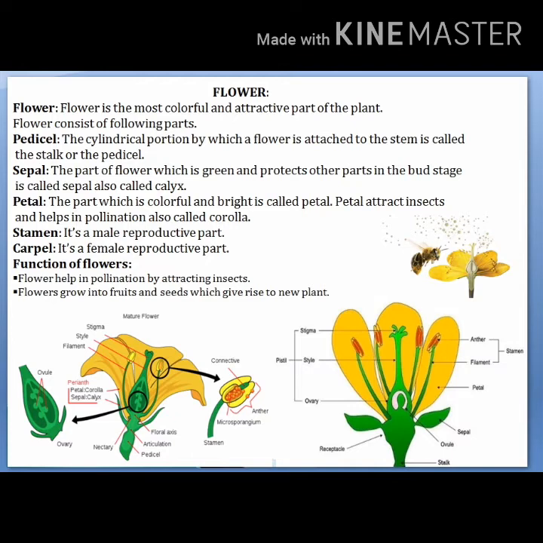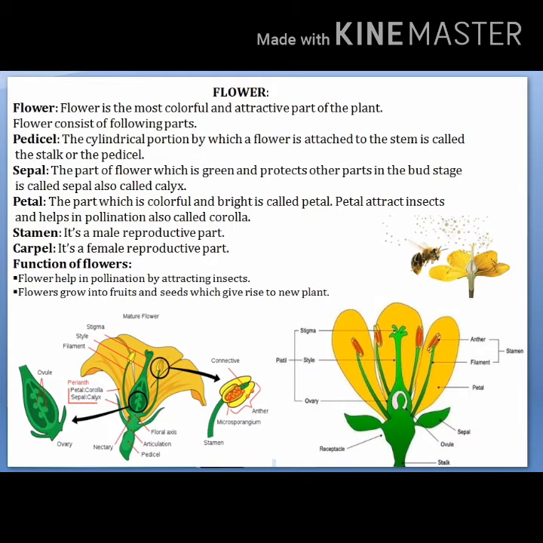Stamen is the male reproductive part and carpel is the female reproductive part. Now students, you will have a good idea of these parts by looking at the figure. Petals: open flowers are petals. They are the prominent part of a flower. They are colored, as we have different varieties of flowers. Petals are red, pink, yellow, white and many more colors. A long, small leaf-like structure is called sepal. Sepals also protect the bud before it blossoms into a flower.